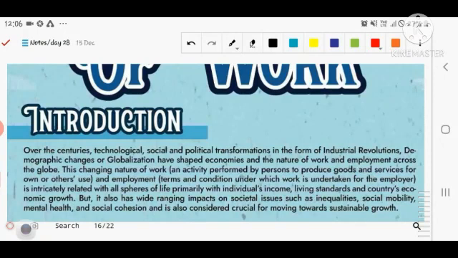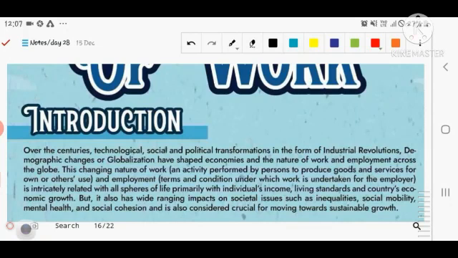Demographic changes and globalization have shaped economies and the nature of work and employment across the globe. This changing nature of work, the activity performed by a person to produce goods and services for own or other use, and employment, the terms and conditions under which work is undertaken for an employer, is intricately related with the whole sphere of life, primarily with the individual's income, living standard, and country's economic growth, but it also has wide-ranging impact